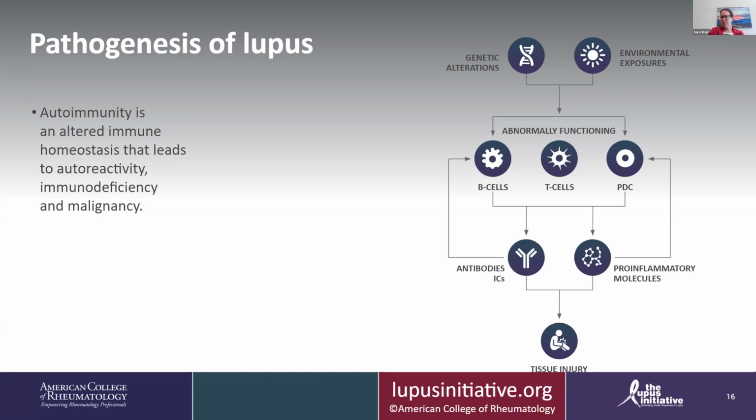But when you have autoimmunity, the homeostasis, the thermostat of the immune system, is off, okay? And then you can have immunodeficiencies associated with it and malignancies at higher rates because the immune system is too busy doing other things. I tell my patients, it's like a toddler having a temper tantrum on the floor. It just wants the bananas on the table, but it won't stop having the temper tantrum to do what it